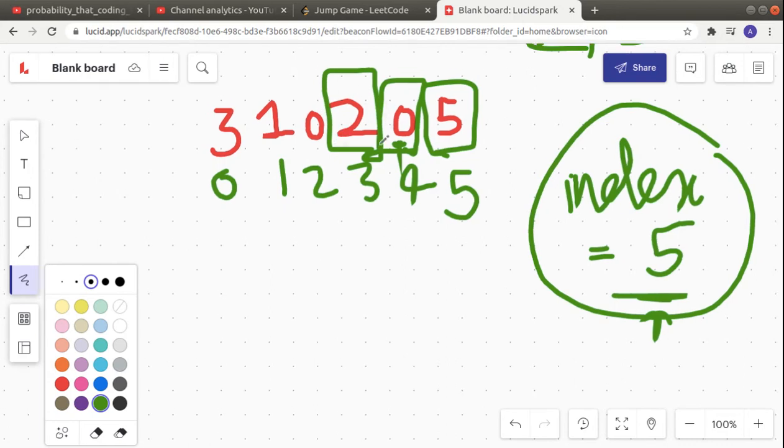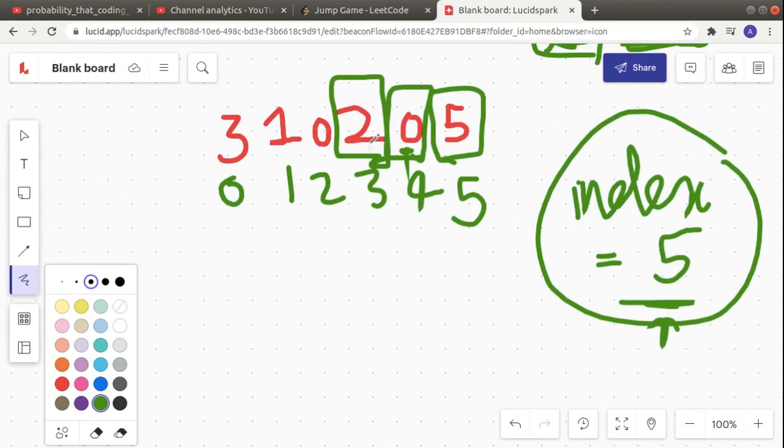So that is having a number of 2. What this means is, we can jump 2 steps from here to reach whatever index we want. So now if we can jump 2 steps, what this means is that we can reach the index number 5 that we want to reach from here, right? So you can see that if you make 2 jumps from here, you will reach this index. So if you are able to reach the third index, it means you will be able to reach the fifth index anyway by default, because if there's any possible path that is connecting you to index number 3, from there you can take 2 jumps and you can reach index number 5.